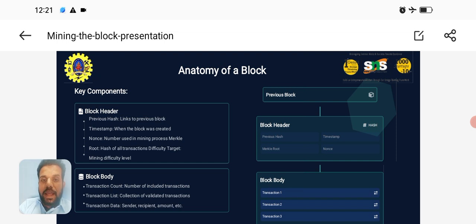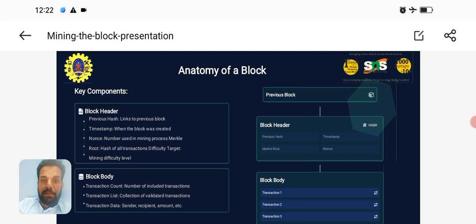For example, a competition is happening, and there are three friends. All three friends are doing the mining process, which means all three take some part of the transactions from the memory pool and validate whether the transactions are valid or not. That is called mining. They take some amount of transactions from the memory pool and do a checking process, the mining process, on those transactions.